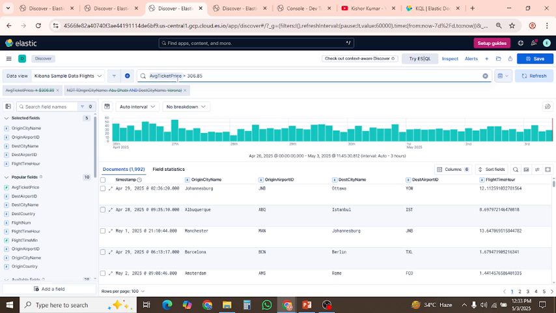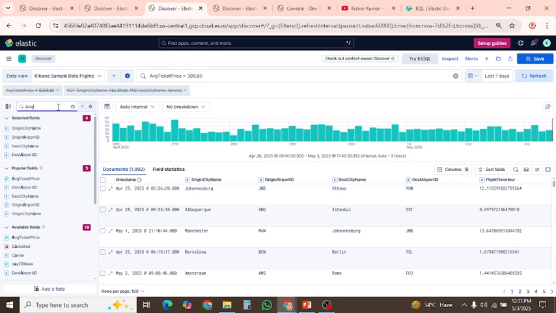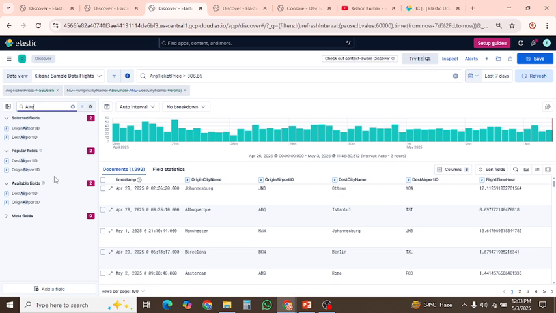What is the average ticket price for the flights? Okay, for the airlines, or you can also add the airline name in the flight number, flight name, flight air name. Let me see. Yep, these are the flight numbers,